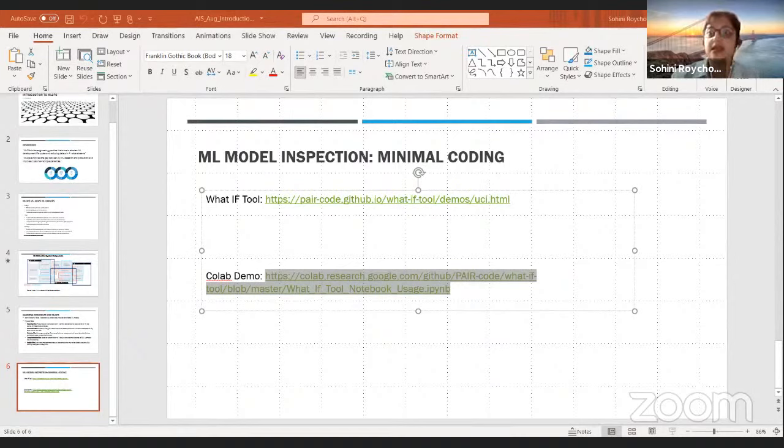You can definitely create your own classifiers in there. And finally, I say, okay, let me invoke the WhatIf tool for the train model and see the whole thing in here. So you can definitely change the data set to your own data set. If the data set is pretty large, it will just take more time to get it running. But I just wanted to share this widget with you, and this would be very helpful in creating